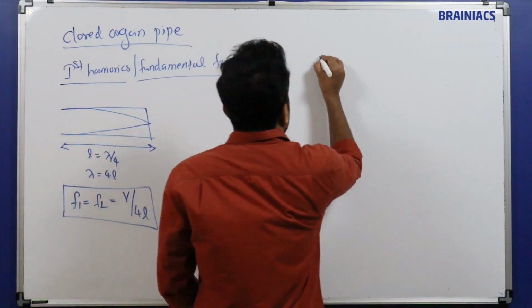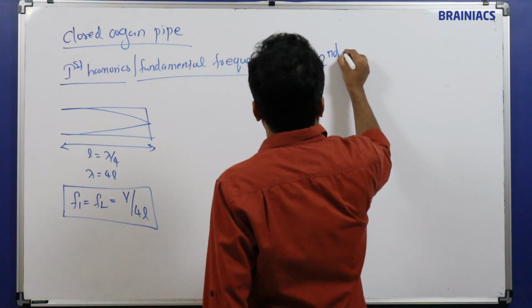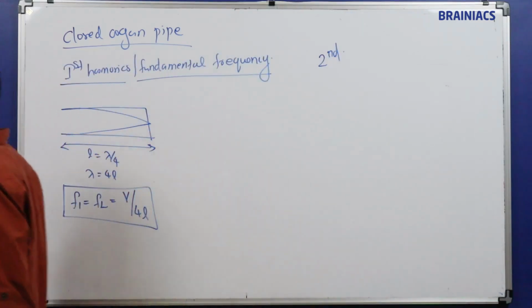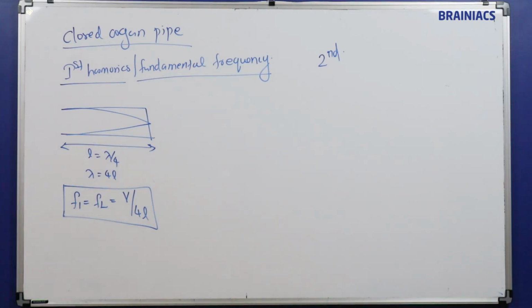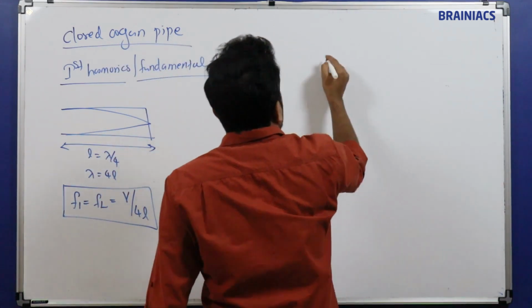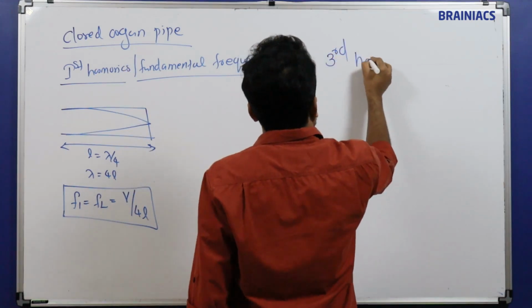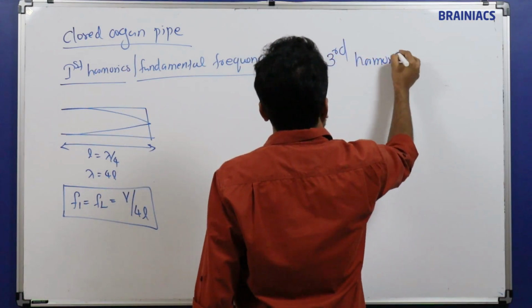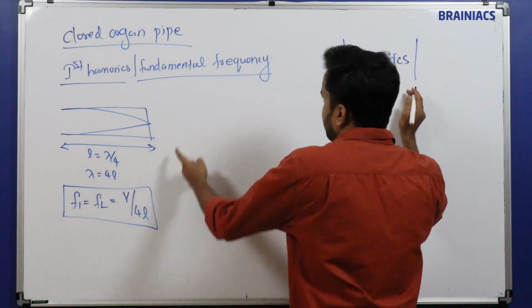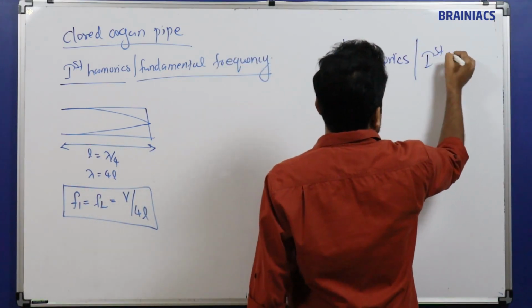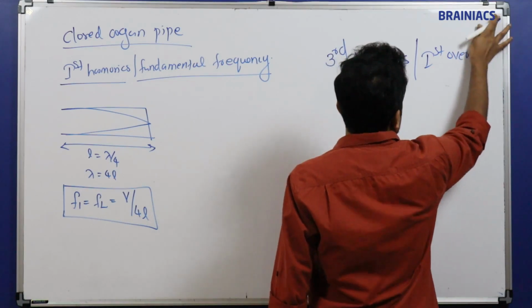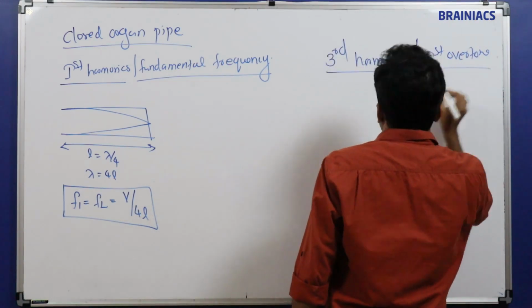Next we find the second harmonic. The second harmonic does not appear here. There is a problem here; it's not a problem, it is a kind of condition, I'll tell you. The next one that appears is the third harmonic. I'll tell you why it is called the third and not the second. The third harmonic is also called the first overtone. This is very important and confusing; students are normally confused in this area. So, third harmonic, first overtone.